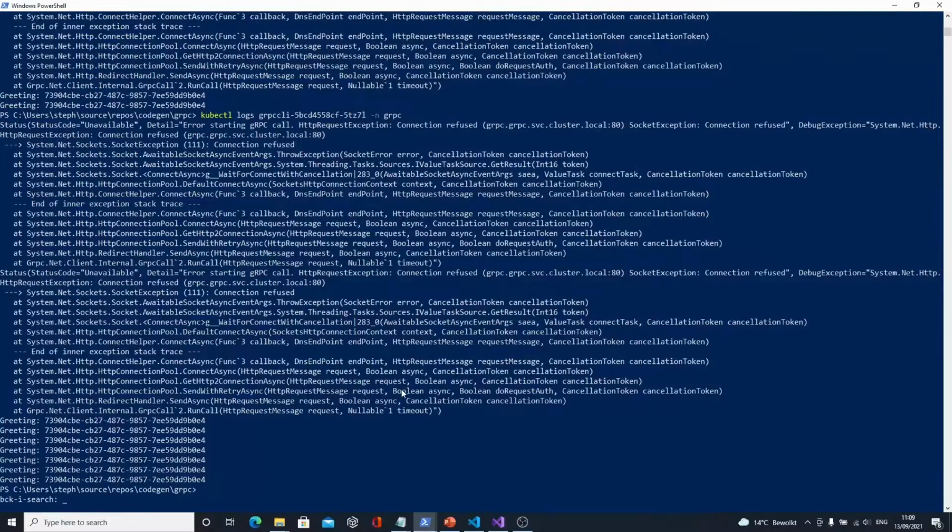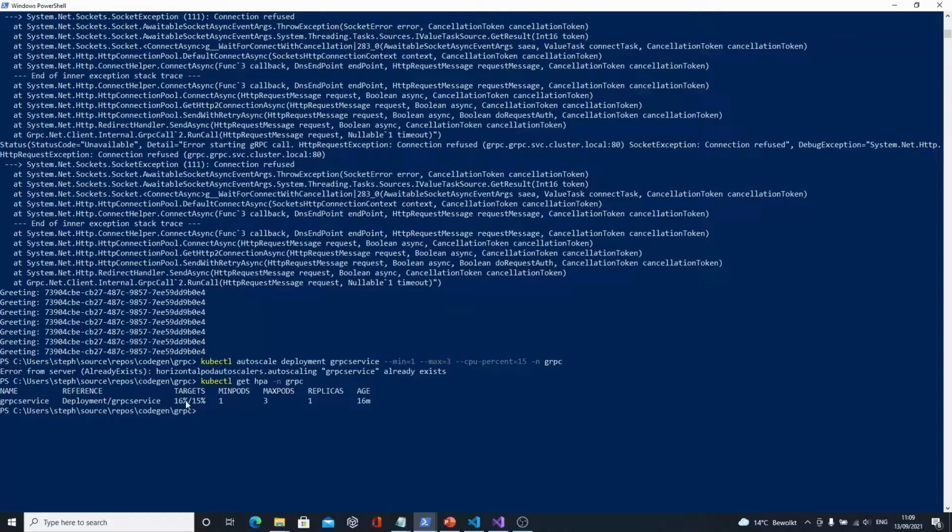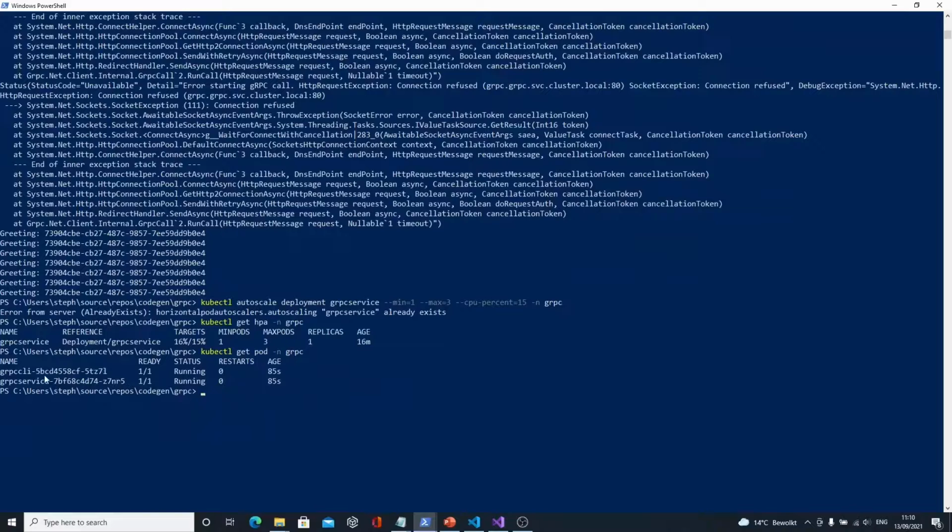So to make things a bit more fun, I'm going to add an autoscaler to my gRPC service. I will first add it and then explain the goal. So this one here, oh, okay, this was already there, so I forgot to remove it. Doesn't matter, that's good actually. It's not the first time I run this demo, so that's why. So let's see gRPC. I've got this here, and you see it's already over target, so it should already scale out my service. So let's list the pods, right? Right now, I still have one.